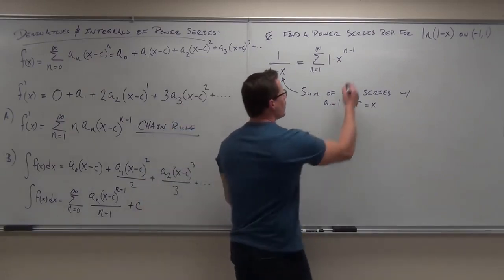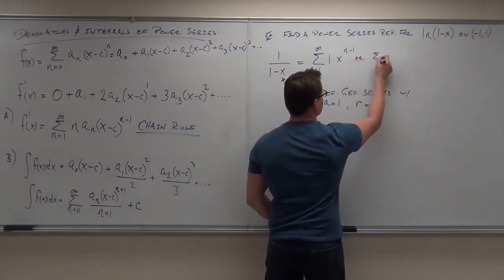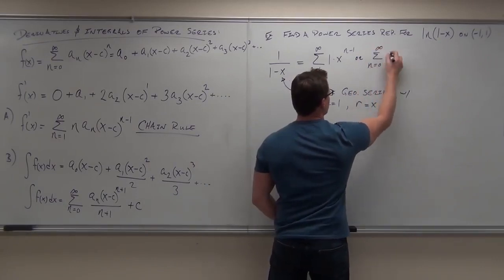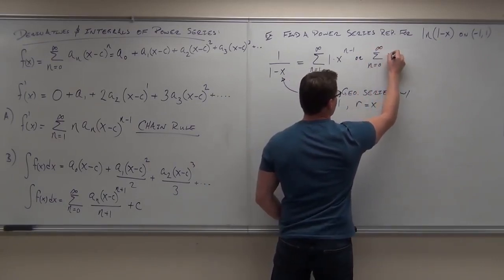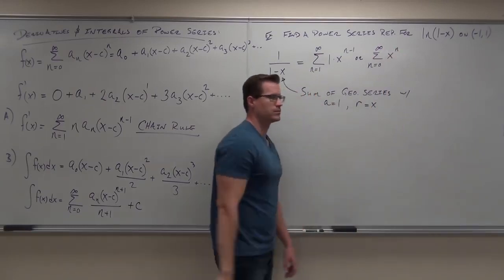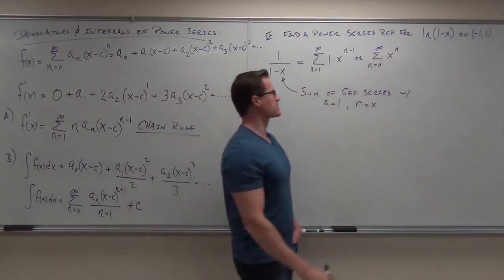That's it. That's my geometric series. Or you could do it this way if you wanted to. We all assume this way: n equals 0 to infinity of a x to the n. Either way, in both of these cases,